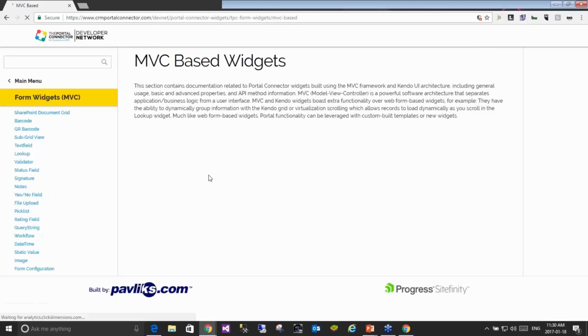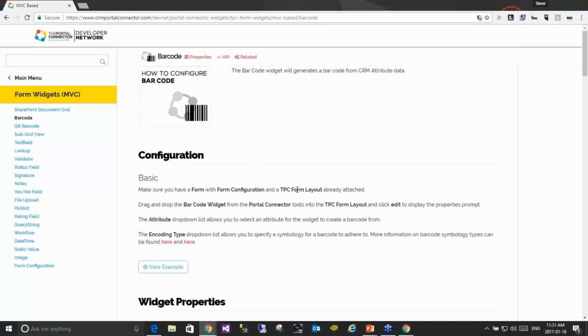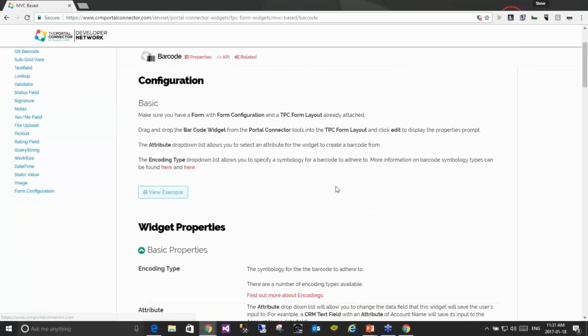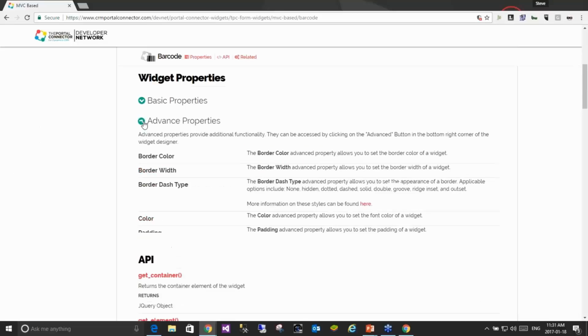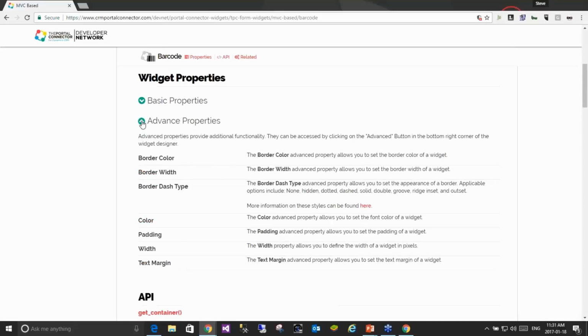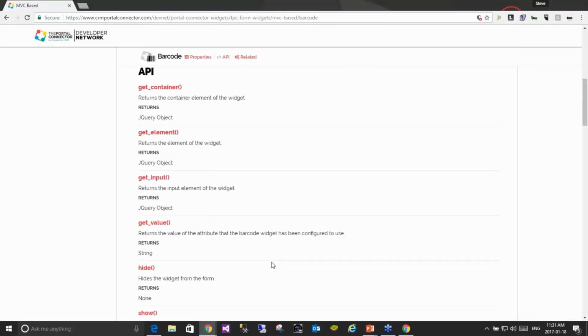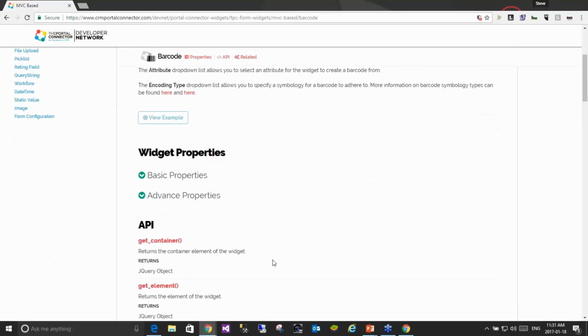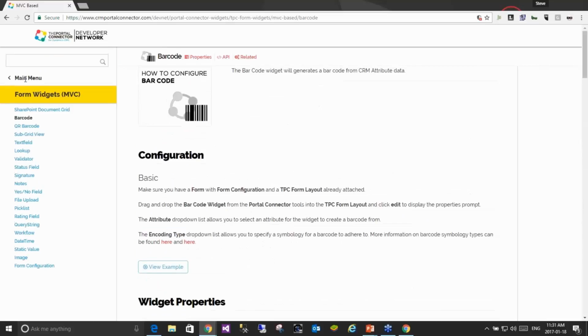And you can see here that we have them separated out: forms-based widgets and MVC-based widgets. Going into each of those widgets, we have just the basic information, of course. You can view an example of how it functions and what it looks like. The basic properties, and of course you have the advanced properties for any of those advanced properties you might have. A full listing of the JavaScript API is listed right here with the widget. So if you're on that widget and you're looking for something specific for that widget, you can see that full